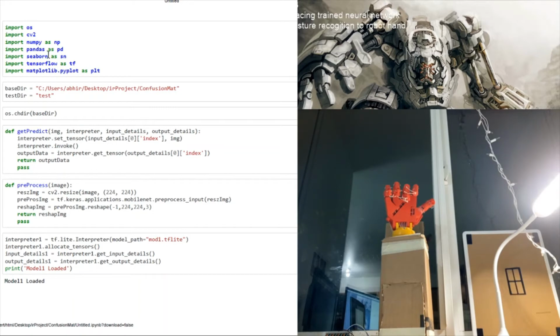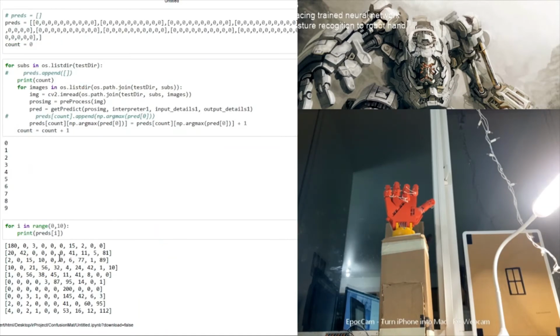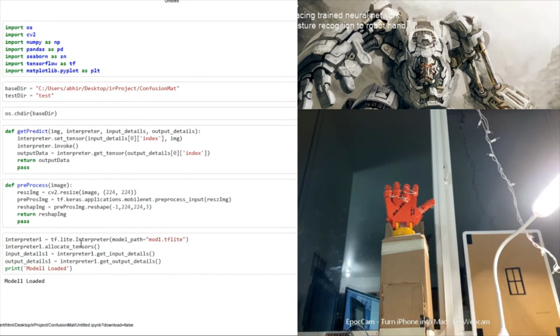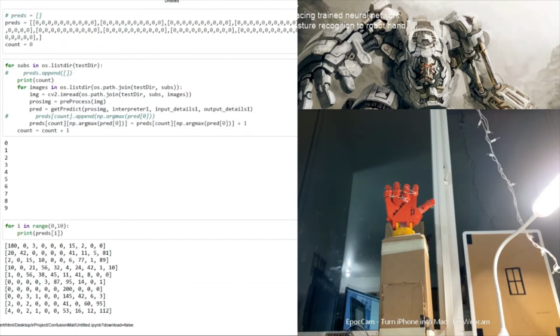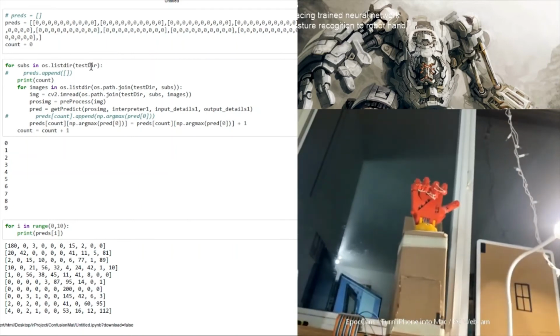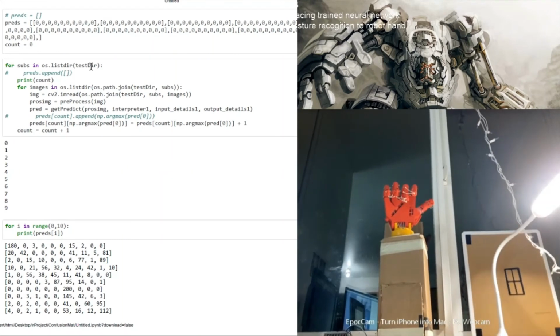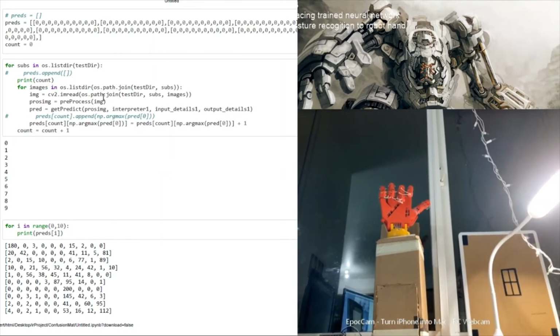Apart from these, we use Pandas, Seaborn, and Matplotlib to plot the confusion matrix. Here, as previously shown, we use the predict function to preprocess the image and get the input for the neural net, and then here I'm creating an array for the confusion matrix and setting it to 0.